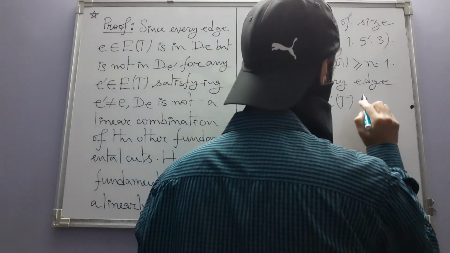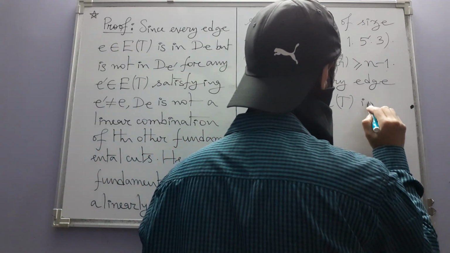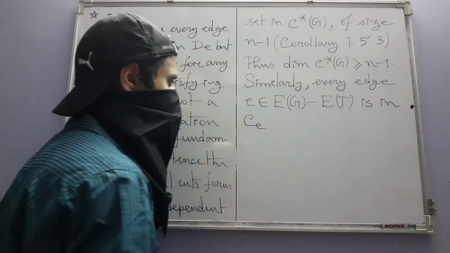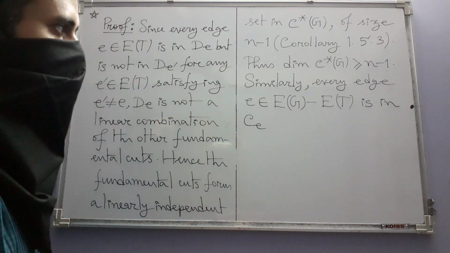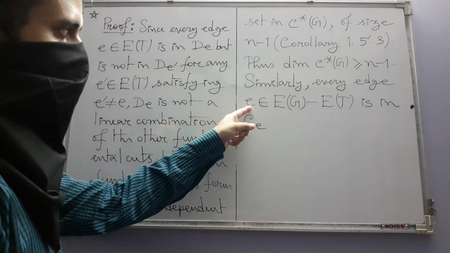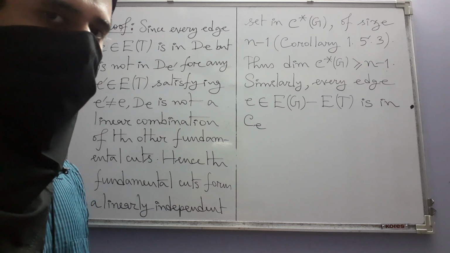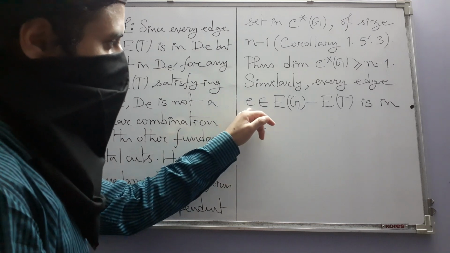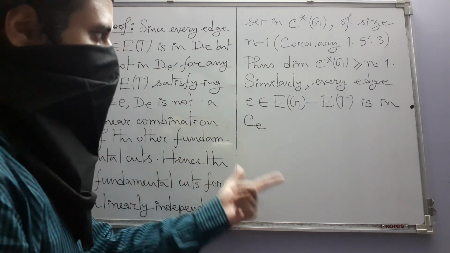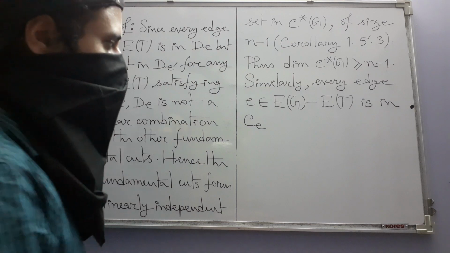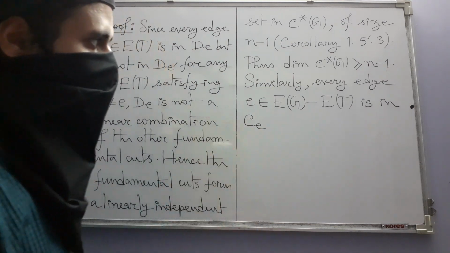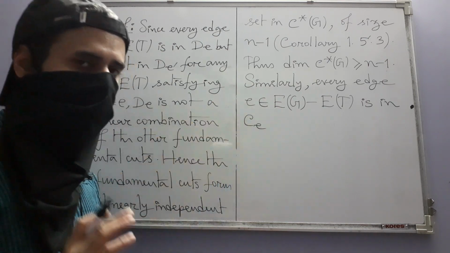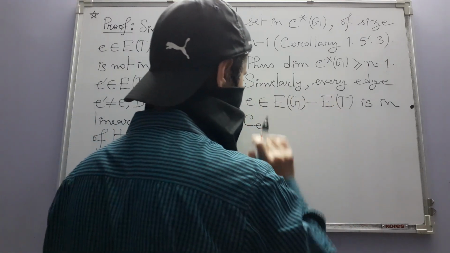Every edge E belongs to or is in CE, the fundamental cycle CE, which you obtain when you introduce this edge to the spanning tree. The spanning tree has its own edges, but besides that you introduce this edge, and that creates precisely one cycle in the resulting graph, and that cycle is this fundamental cycle. So naturally that edge E is an edge in this cycle. So E is in this,